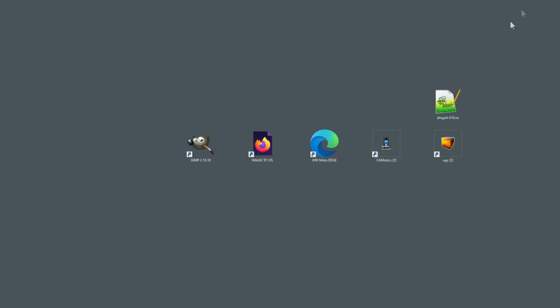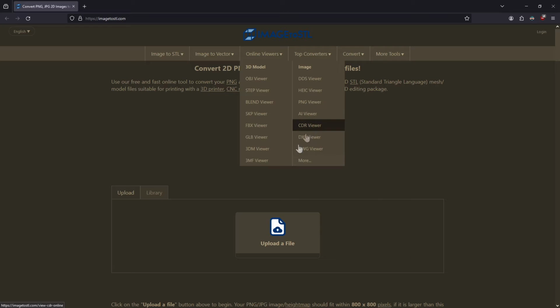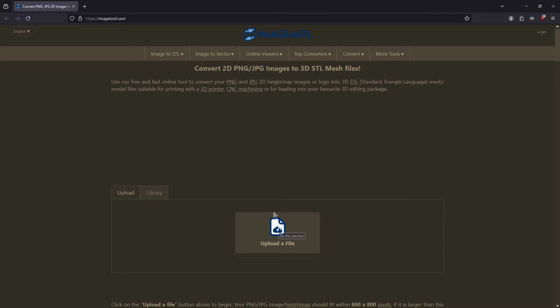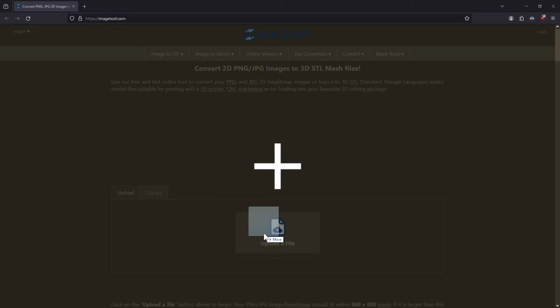So once I'd done that, I loaded the image into a web page called Image to STL. Now there are many other ways of doing this, but I happen to upload it to this site here, and all that you do is you upload a file. I dragged and dropped it onto the page, which I shall do now by finding the file, and it's on this screen to my left. You can't see it at the moment, and I find it and I drop it onto the web page, and